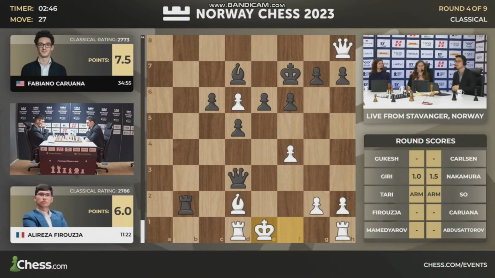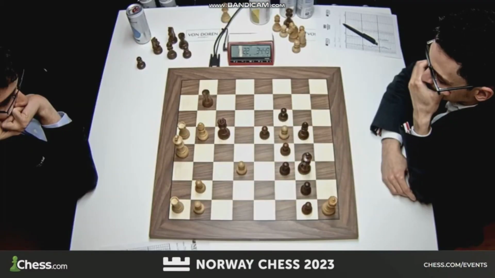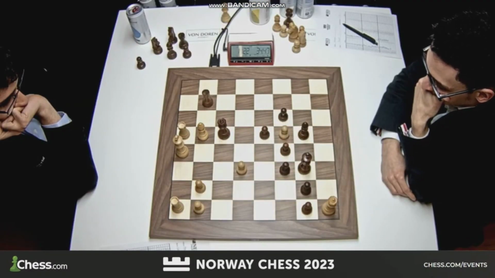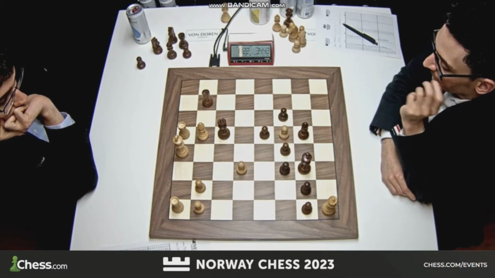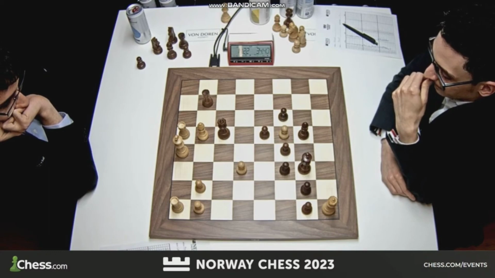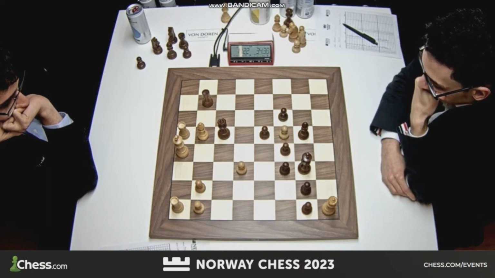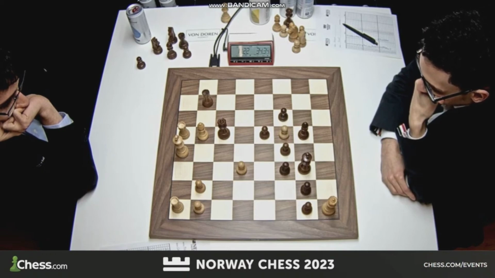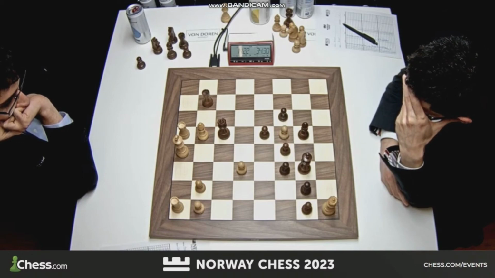Firouzja grabbing a rook, but likely to be punished. Certainly, and it's all to do with the fact that white's pieces are just badly placed. And there we see Alireza Firouzja and Fabiano Caruana just sitting there. Fabi contemplating, calculating those lines. And we're going to leave those players there because we are joined by a very...